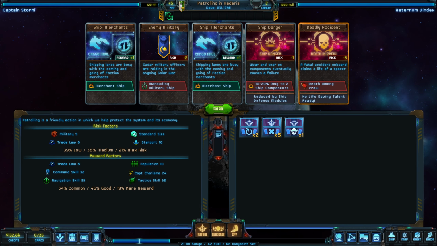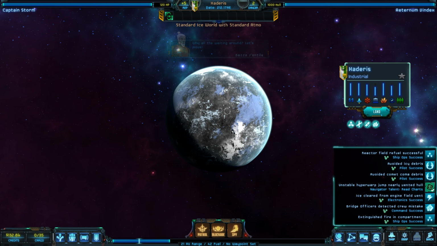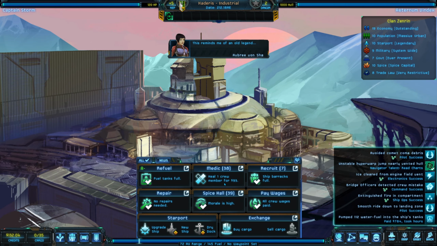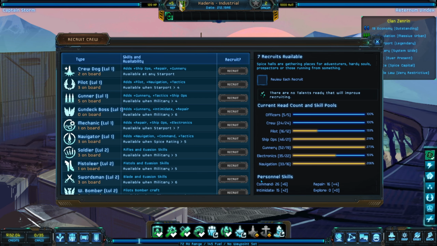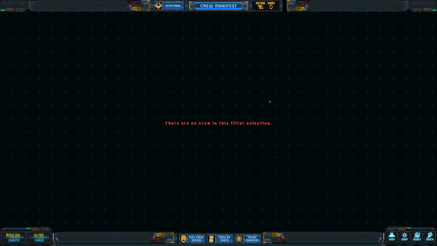Death among the crew member. Okay, we'll leave that behind because there's 2 bad guards there. We're gonna land here. We're gonna heal 1 crew member. We're gonna look for... There are 3 pilots here. Review each recruit. Okay, I don't really care about that. What I care about is...